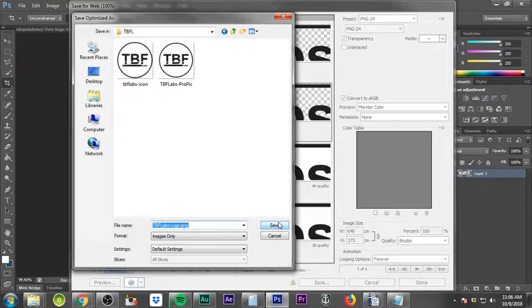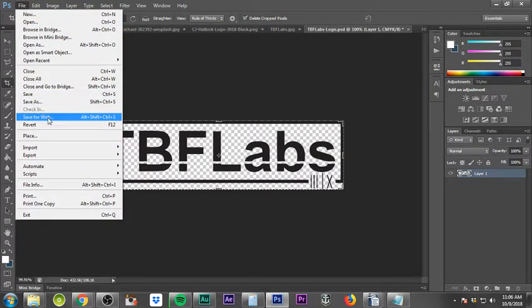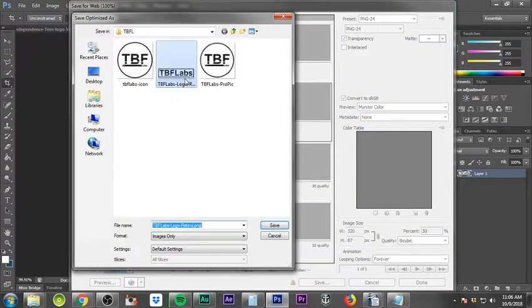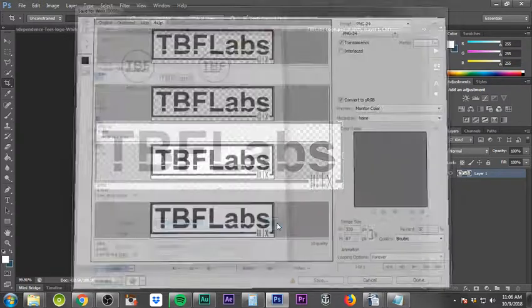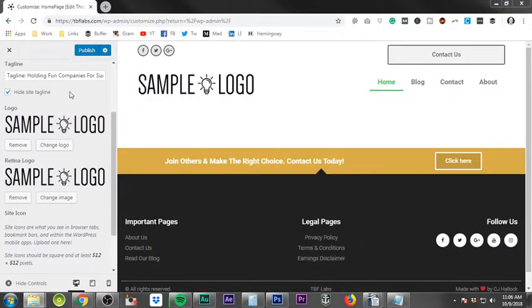We got a logo Retina. Save. So I have that saved as the Retina, and then I'll come in and do Save for Web again. Change the 640 to 320. Hit Save. Select that. And I'm going to change Retina to regular. And save. Alright, so now that we have those done, we're going to go back, and I already have the